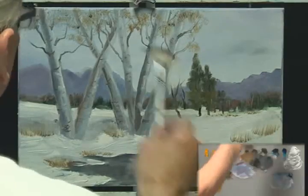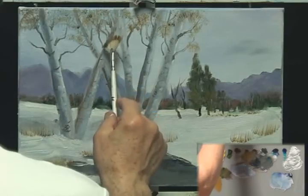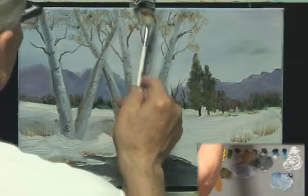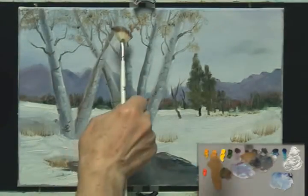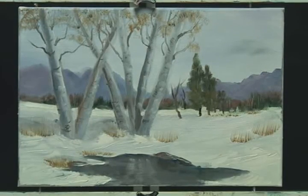So that sort of tied the colors together. It brought these colors up here. Like that. Helps me pull that together. All right. Step back one more time and say, is that enough? I think that's going to do. I'm going to stop on it, and I may touch it up again a little bit, but